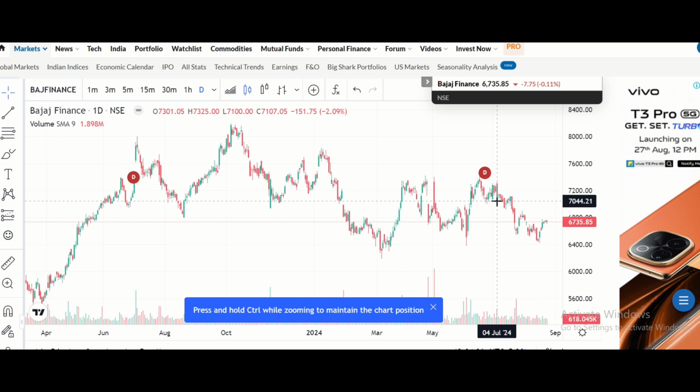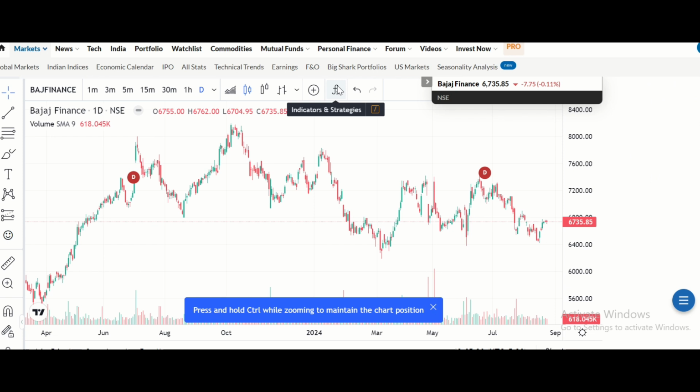in candlestick format, and this is a very simple strategy where we'll not add much of technical indicators, and we'll simply work on a technical indicator called simple moving averages. So what is a simple moving average? It is basically the average of closing price of stocks for last n number of days. So let's say if we talk about 20-day moving average, so it is basically average of last 20-day closing price for a particular stock. So we'll use this indicator basically to determine when is the right time to get into